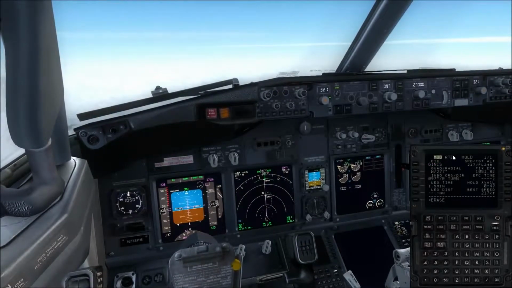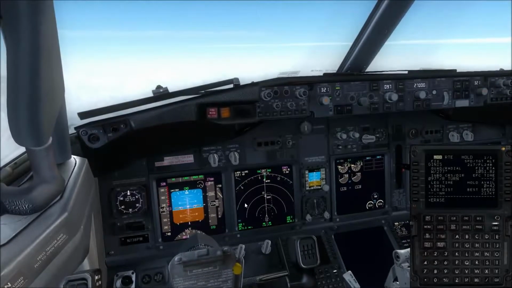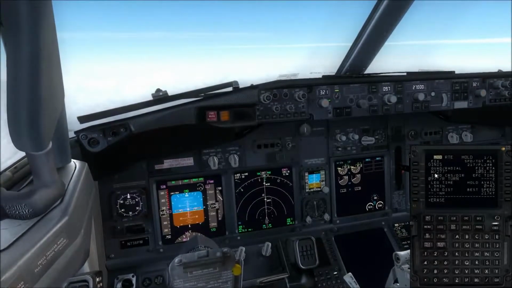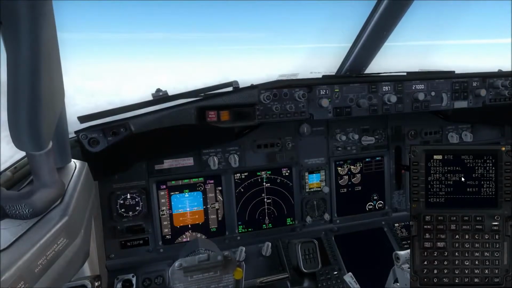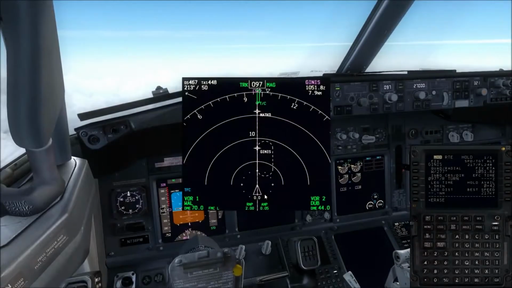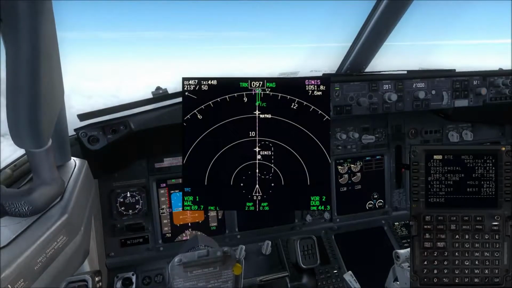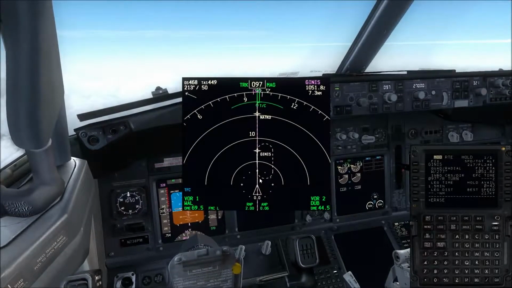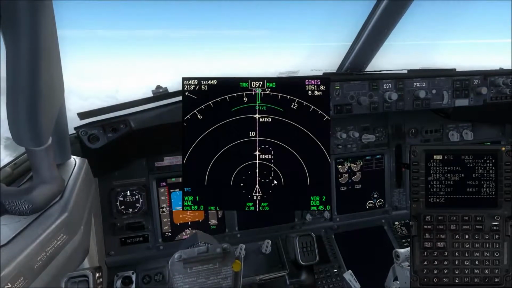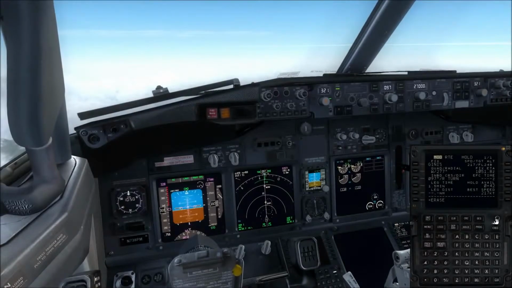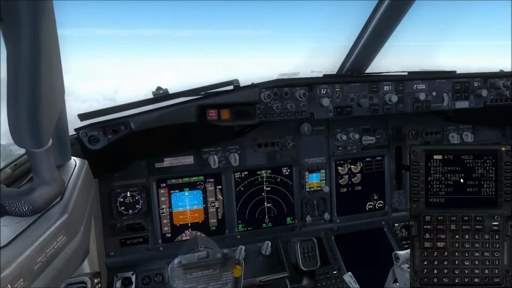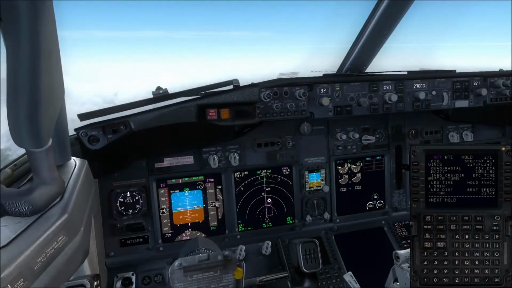Then it will come up with this modification to the route, and you can see in dashes the hold, and you can select whether it's a right turn or a left turn, and the radial. By default it goes along the radial you are currently inbound to it. So in this case it's the 097 radial, and it's a right turn by default. I'll leave it like that, but you might need to change that in this inbound course / direction section, so I'll click the execute button.